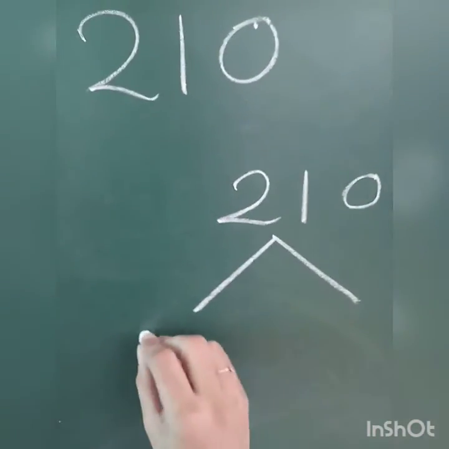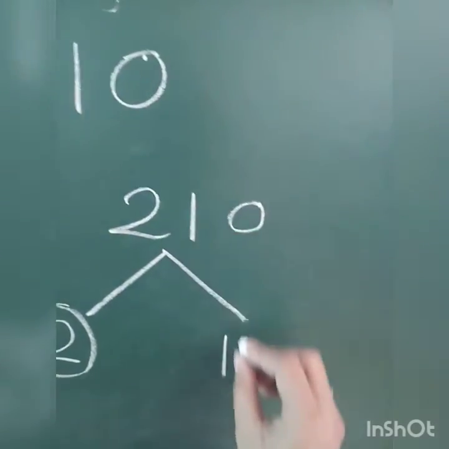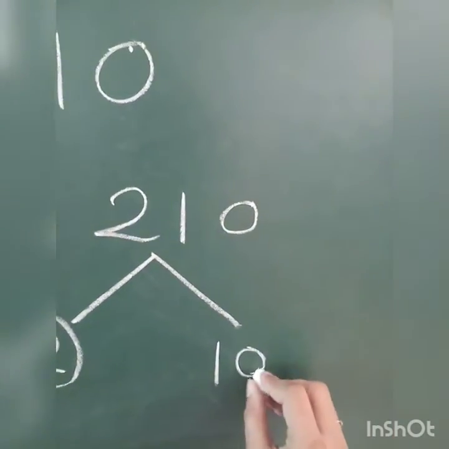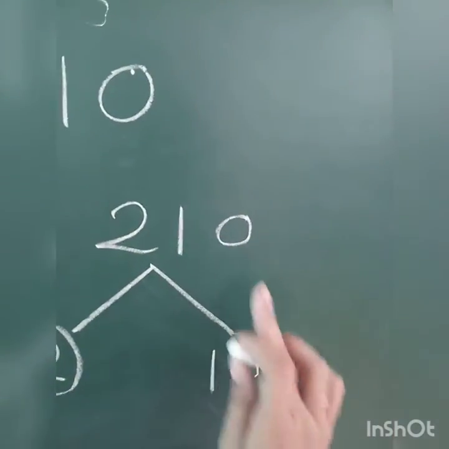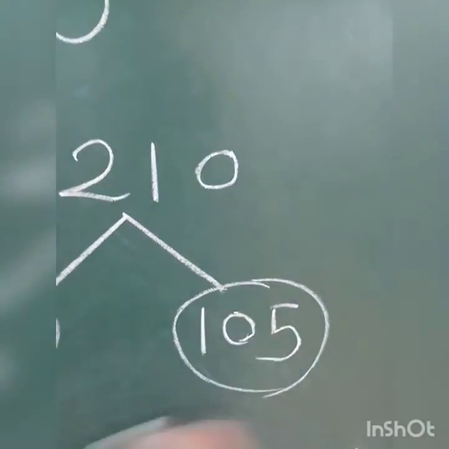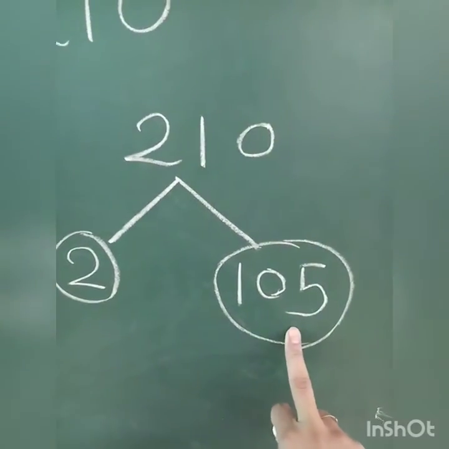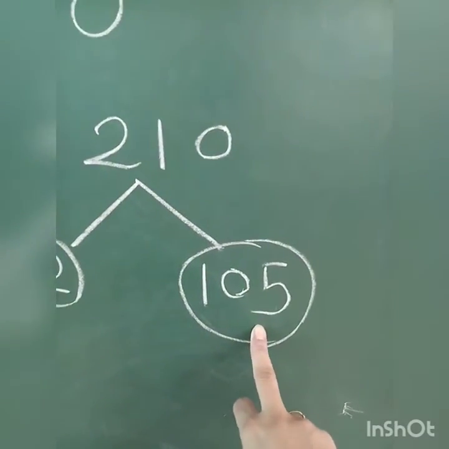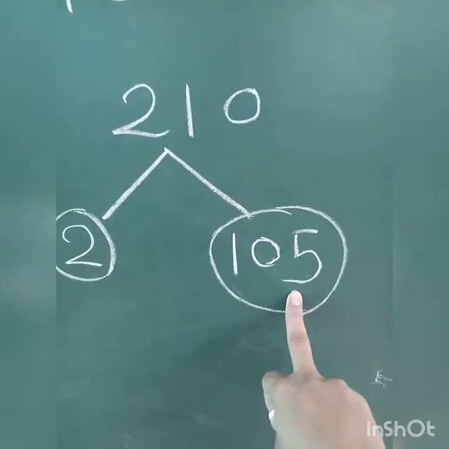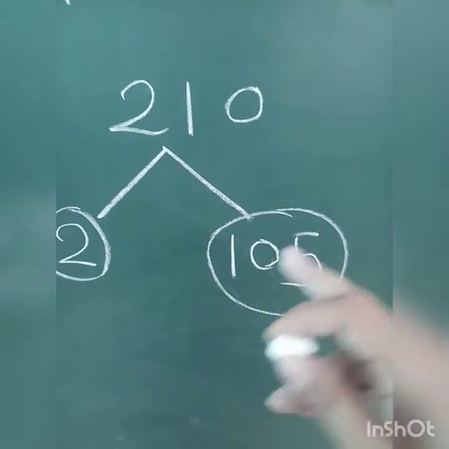So you see, 2 ones are 2, 0, because 1 is not divisible by 2, then 10. So 2 5s are 10. Okay, now here 105, that is also a composite number. Now at ones place 5 is given there, that means this is not divisible by 2. Here now we have to, after 2 the number is 3.